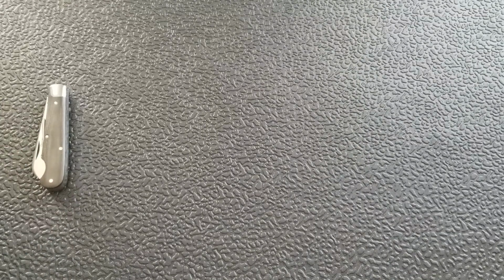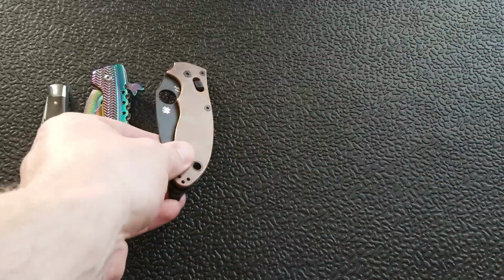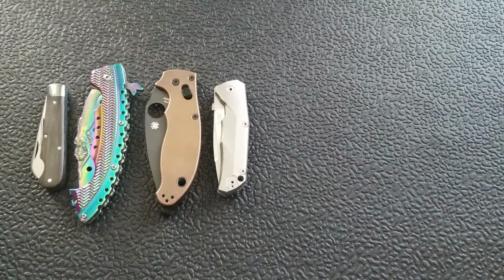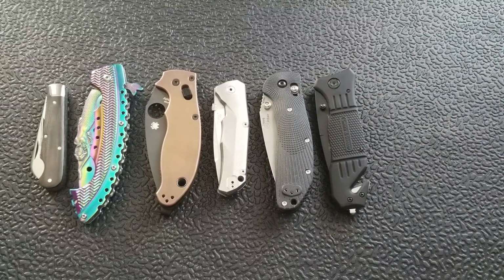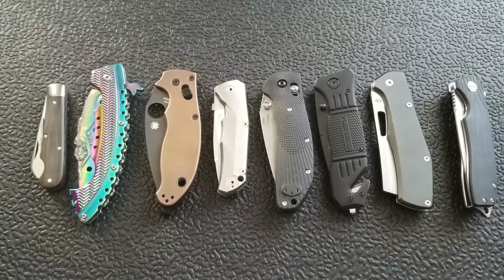Anyways, let's go ahead and place a bunch of different types of knives out on the table that have a bunch of different deployment methods, and let's talk about them all real quick. Whole bunch of stuff here. Most of this stuff, in fact all of this stuff, you guys will have seen on the channel already. What do we have that's slightly different? Let's give some bad examples with some good ones. What else? How about one of these? There we go. Okay, so you guys have seen all of these